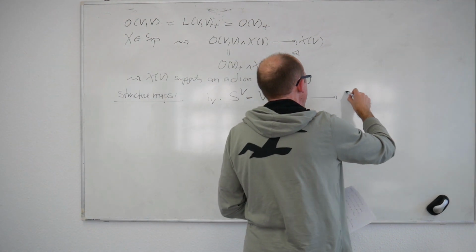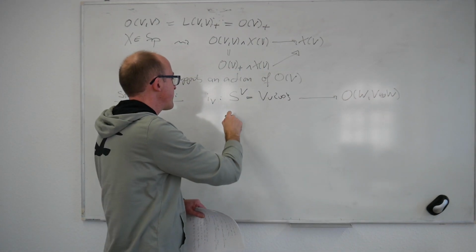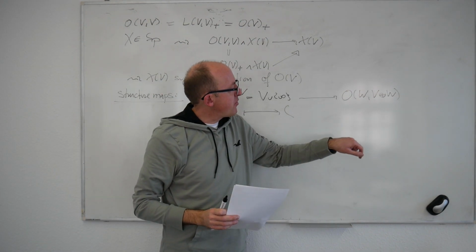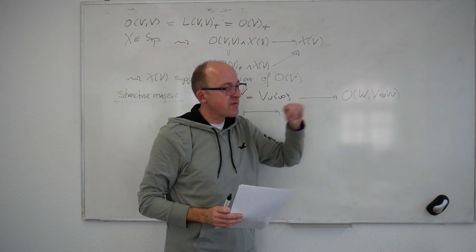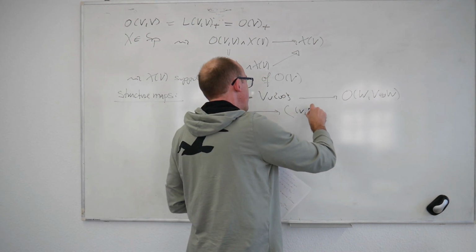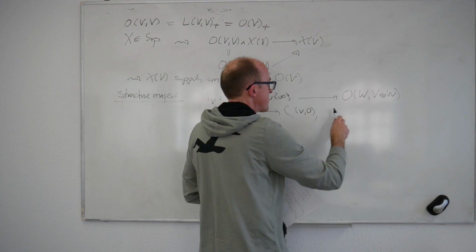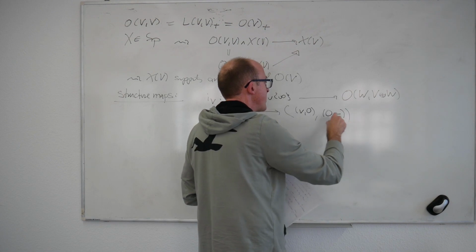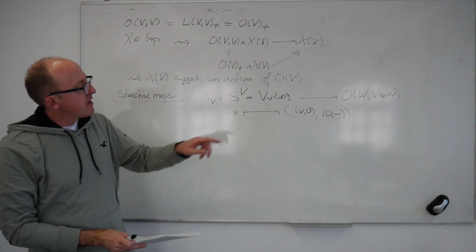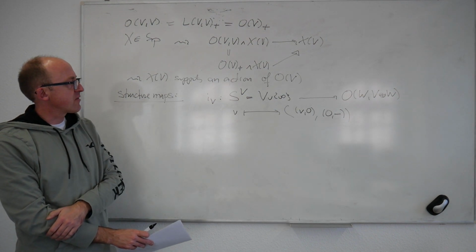I can define a map from here to O of W, comma V plus W in very explicit terms. If I have a vector here, V, I have to give you a pair, a vector in V plus W, plus a linear isometric embedding from W into this. And the vector has to be orthogonal to the image. And this is, of course, very explicit. The vector is little v, comma 0, so that's this V. And then the embedding is the standard embedding of W into the second factor, which I can write as 0, blank, where blank means you substitute the variable. So this is basically the inclusion of the fiber over the preferred embedding from W into the direct sum, and then you pass to one-point compactification. So that's what this is.